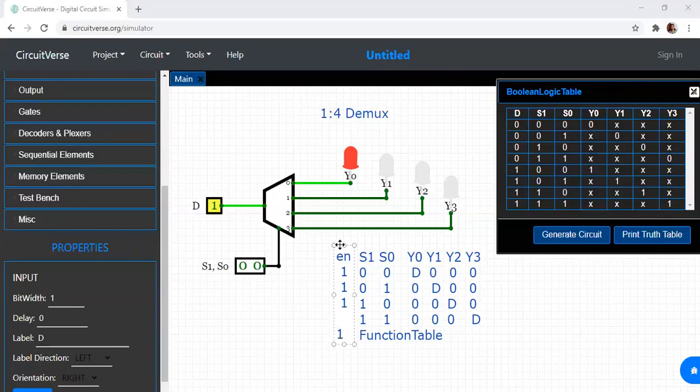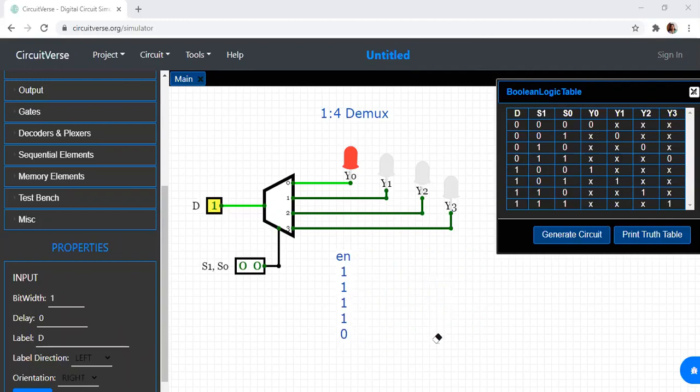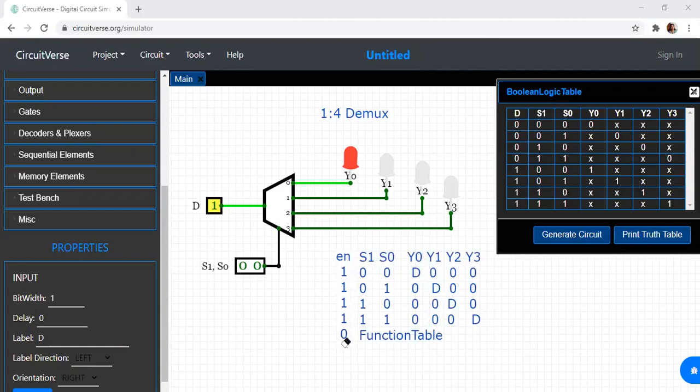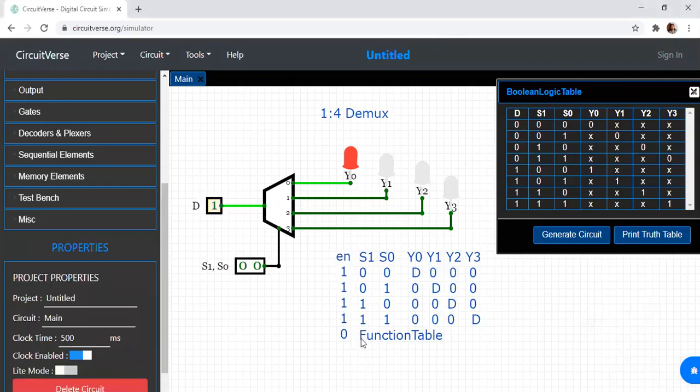But what happens when enable is 0? When enable is 0, irrespective of whatever may be your select lines, my output will be equal to Z. So when enable is 0, you can either make the output Z or 0.